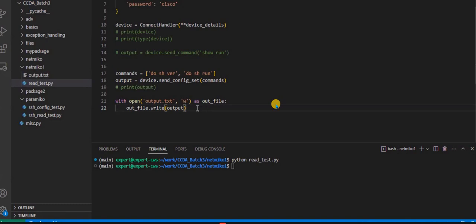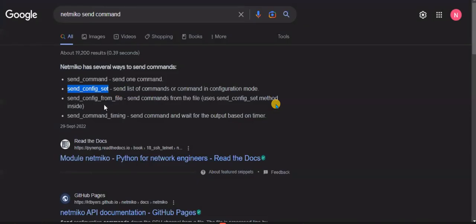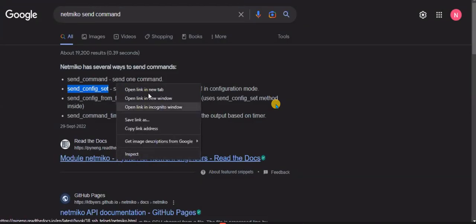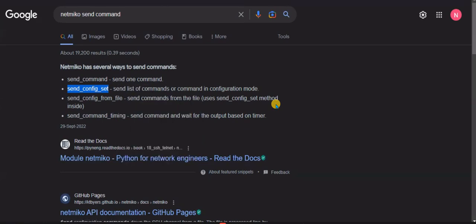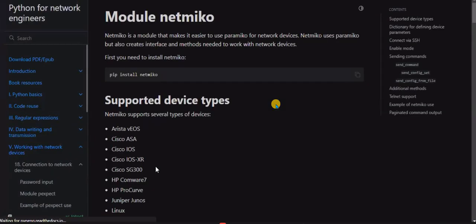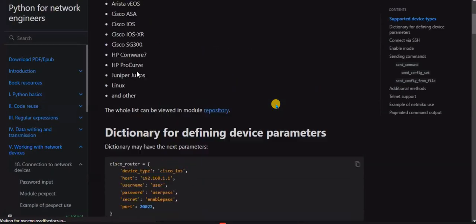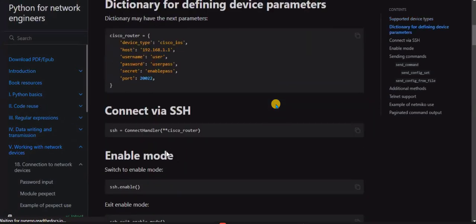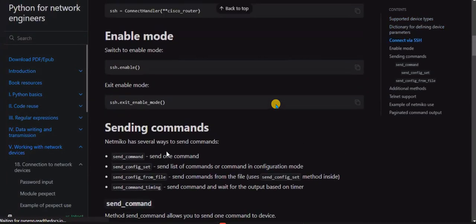Now, read the docs. Go to Read the Docs. You can check which prompt you are at, and this is the list of commands. Enable mode. SSH dot enable will